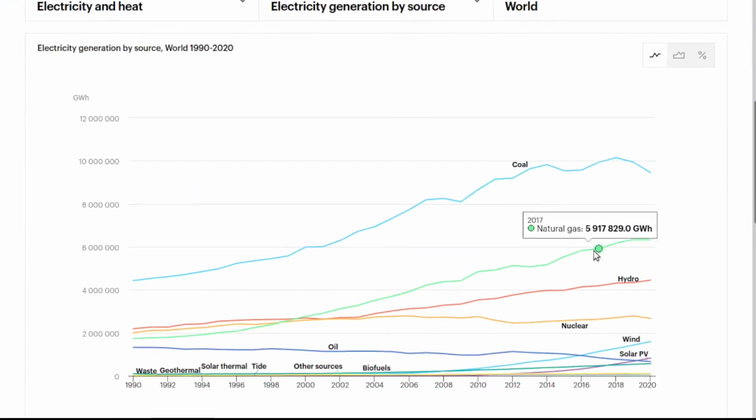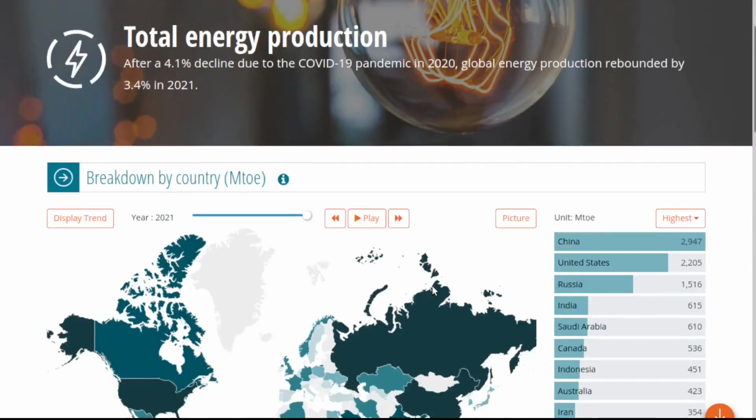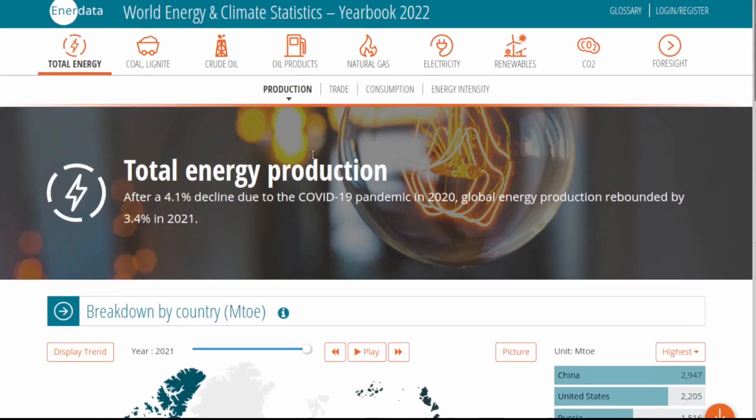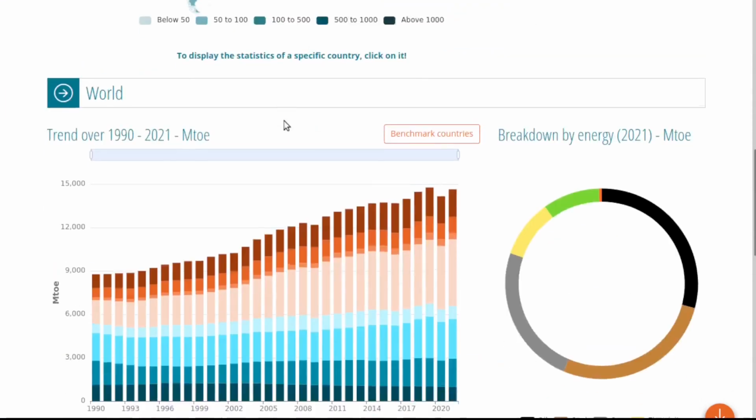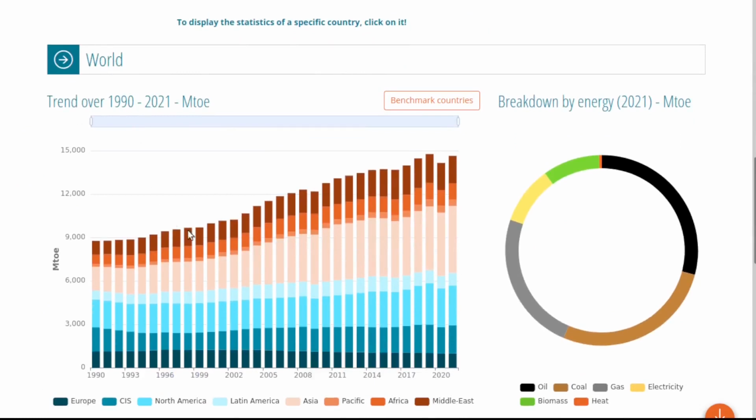And here we can get the different sources of energy. On the other side, we can go to the total energy production, and here we have also the world energy production. We are going to compare the 2020 data. To do this, we are going to sum all these different values, and if we do this, the value